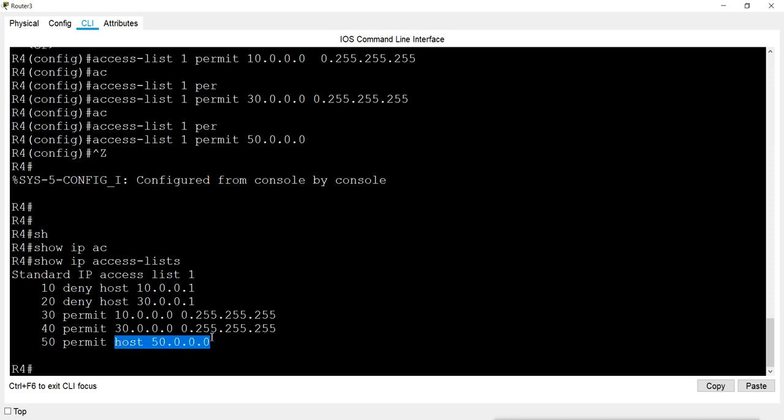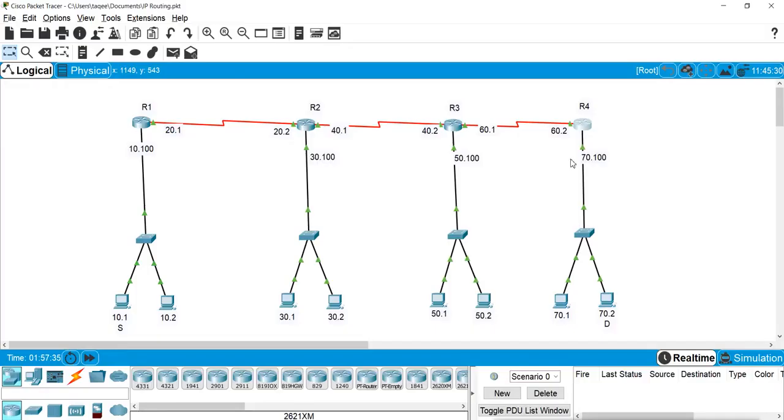Now the entry is not showing here, that is deny all. That is called implicit deny. So it will basically deny the whole network of 50 because it is not matching. But what I am feeling here, I am feeling that I have mentioned the network here to permit, and it must be permitted, but it will not permit. Right now it is working, and we can check it because still we have not applied the list. So we can check that these 50 machines can access the network 70.